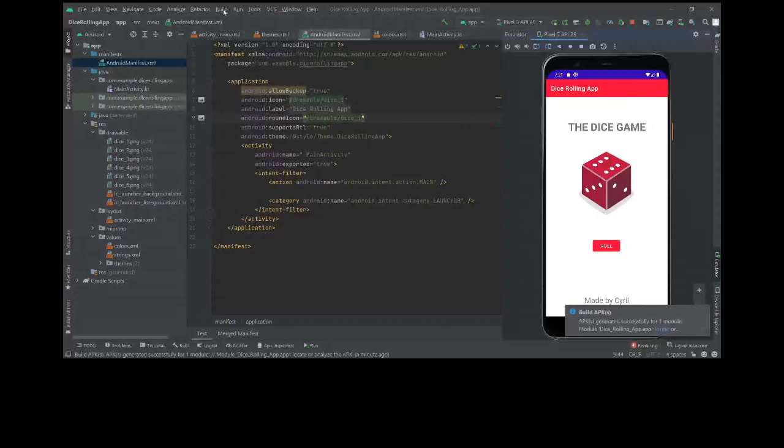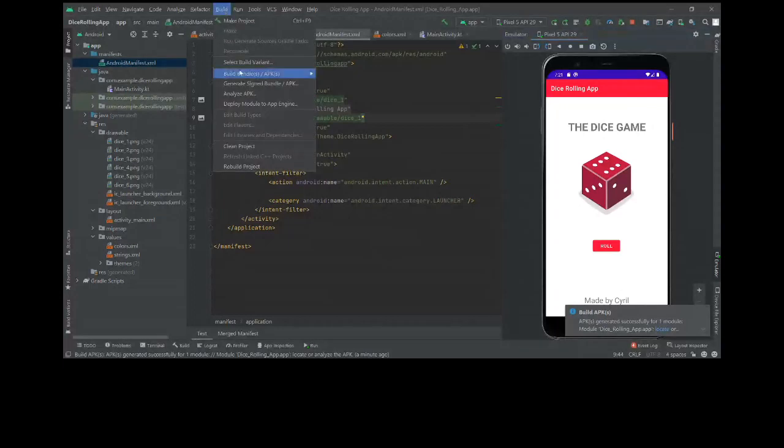So to create this APK, you have to go to the build part. You just have to go here, it is very easy. Under build APK, you just have to click build APK. If you click this, you will see a Gradle build sign here. After the Gradle is done building, you will see this notification with the location of your APK, where in your computer the APK is stored. You just have to click there and you can use that APK.